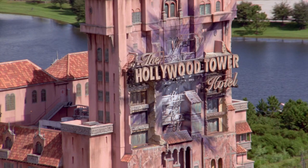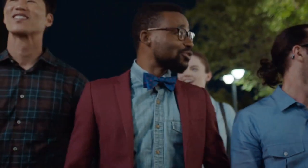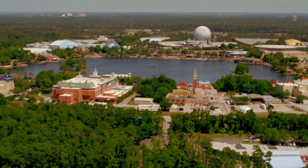Today, we will be making a tier list for all the current attractions in Epcot at Walt Disney World in